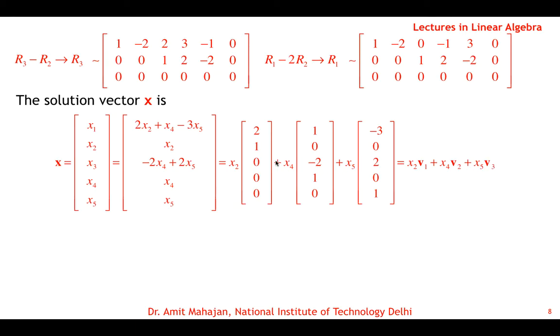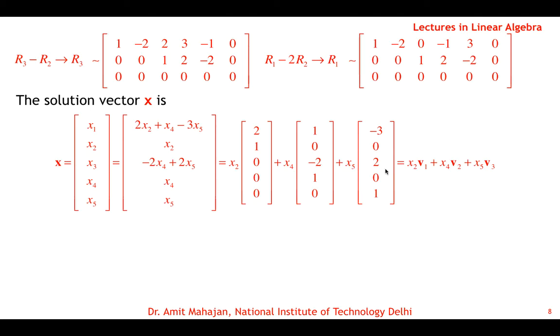The third vector cannot be written as a linear combination of the first two, because this element in the fifth position cannot be obtained from these two, as they are 0 0. Similarly, the second vector cannot be obtained as a linear combination of the first and third, because this fourth element is 1, which cannot be written as a linear combination of 0 plus 0. Similarly, the first cannot be written as a combination of the second and third because of this element 1. This cannot be written as a combination of 0 0. These three vectors are linearly independent.